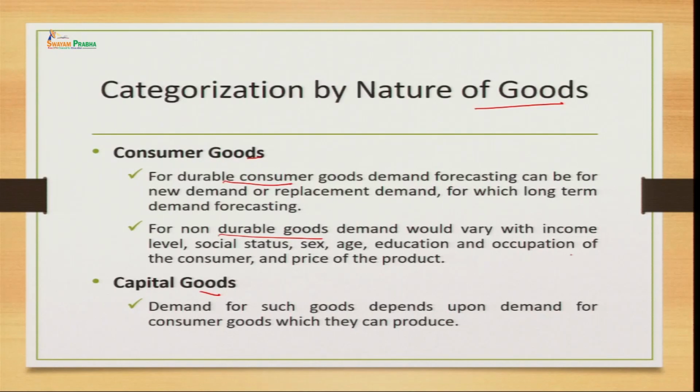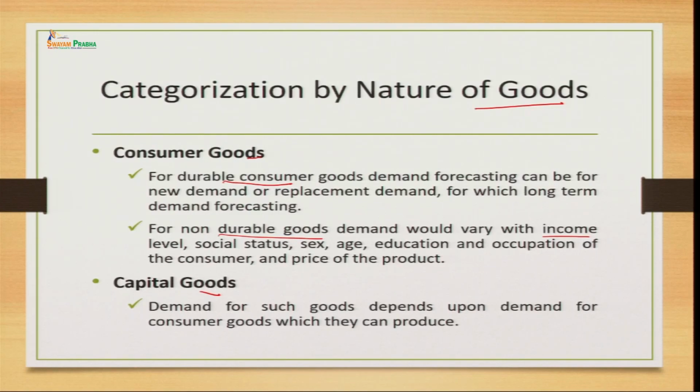Whereas durable goods are those goods which we demand again and again, which are of recurring nature. So, usually we use those methods which help you to forecast the demand in the shorter period of time, and these durable goods will have a considerable effect because of change in the income level of the people, or maybe because of their social status, the sex of the people, age, as well as their education, their occupation level, right. So, there are different factors which affect the demand of non-durable consumer goods, right.